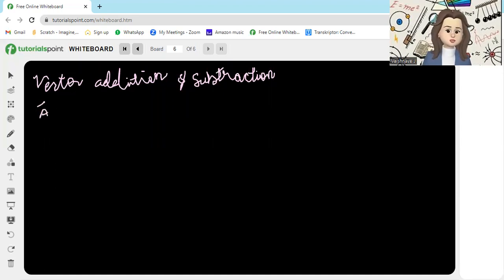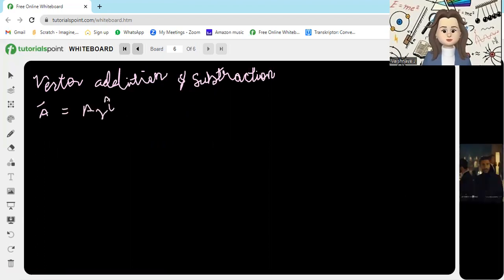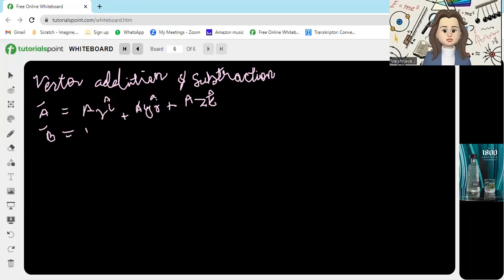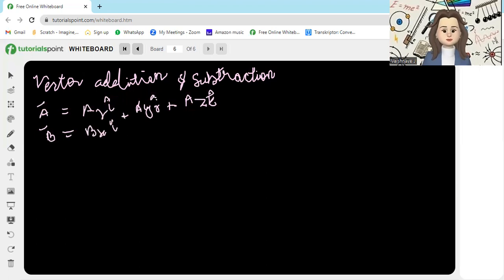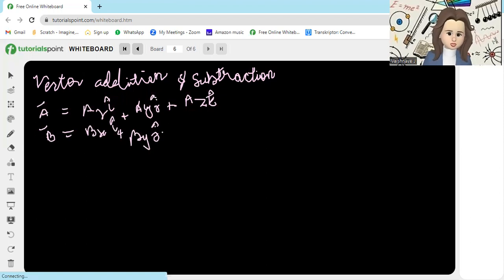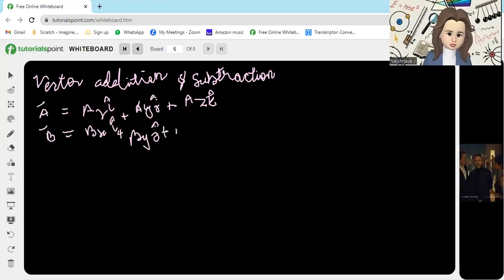Let's say that A bar is equal to Ax i cap plus Ay j cap plus Az k cap, and B bar is the same, Bx i cap plus By j cap plus Bz k cap. If you have it like this, now